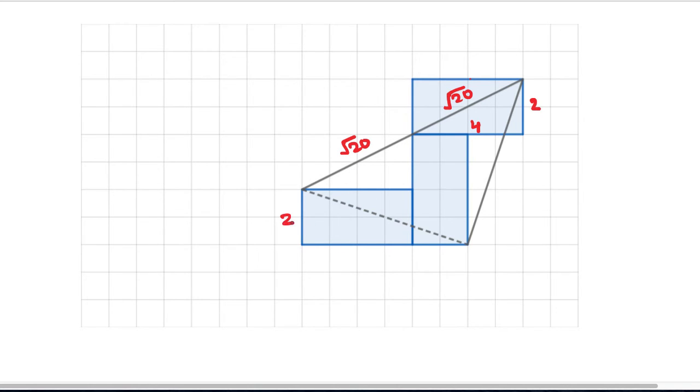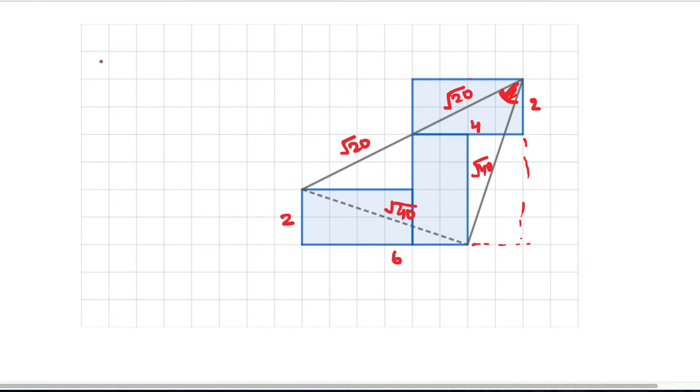Now this side is 2 and this side is 4, 5, 6. So this length would be square root of 6 square, that is 36, plus 2 square, 4, that is square root of 40. Now if you consider this, now this length again, 1, 2, 3, 4, 5, 6, again comes out to be the square root of 40. Now in a triangle we know the three sides, so using cosine rule we can easily calculate the given angle.